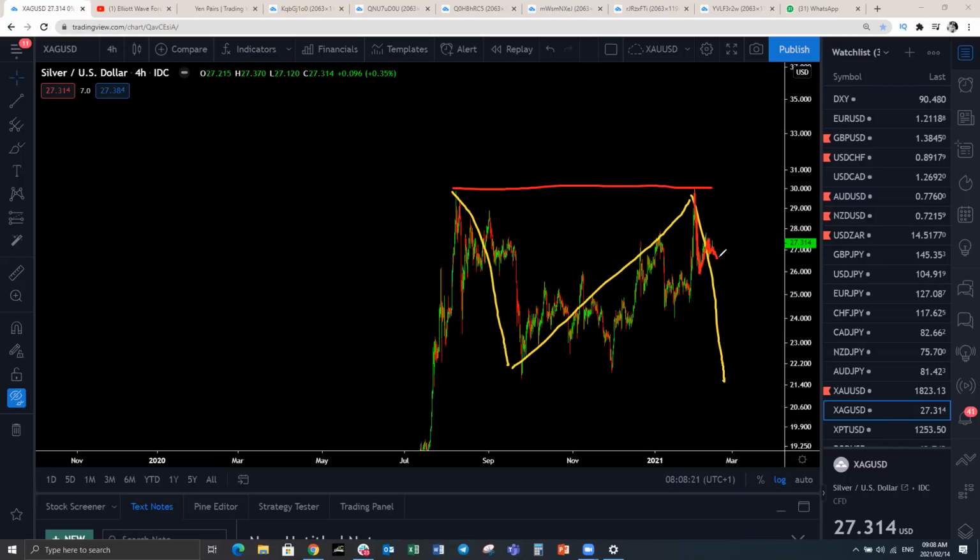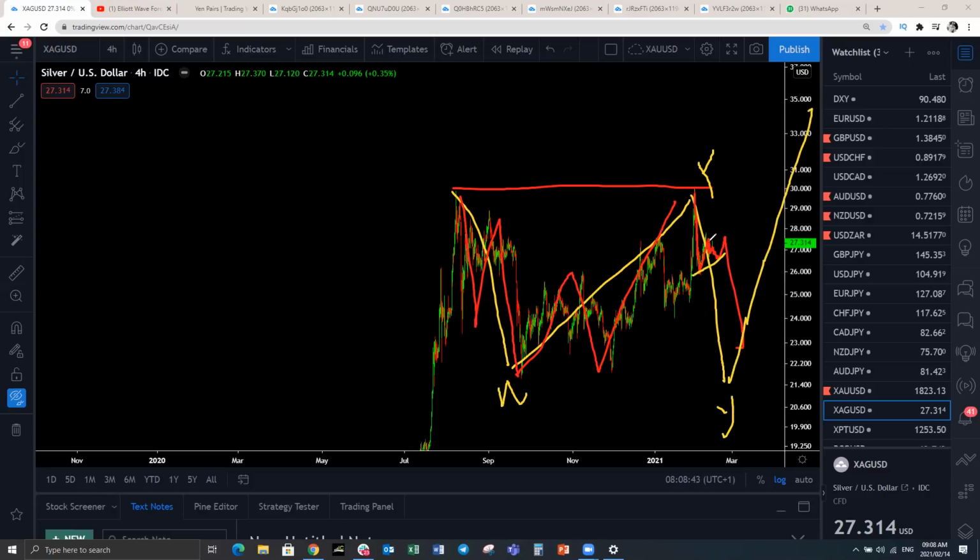Is this what silver is going to do now? A move to the downside in 3 waves. So we've got these 3 waves to the downside. We're expecting this to be the 3 waves to the upside. This is a WXY corrective structure, so we're expecting another 3 waves to the downside, looking for this double combination and then upside on silver. That is the structure that we're looking at on silver.